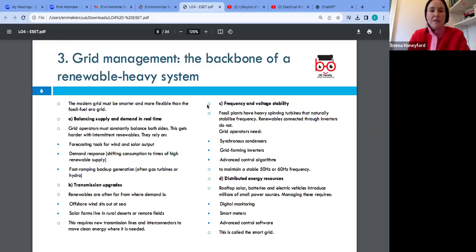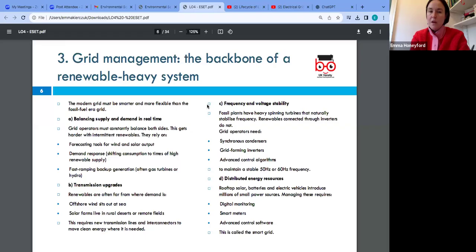Okay. So moving on a bit more about the grid management. Obviously the video showed the infrastructure, and how the infrastructure in place is important in passing and distributing renewable energy and different types of energy. The problem that we have is that a lot of the infrastructure has become outdated and doesn't match the problems that we have. So the modern grid must be smarter and it needs to be more flexible than the fossil